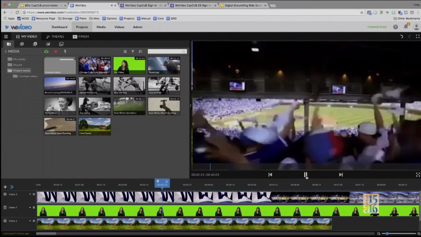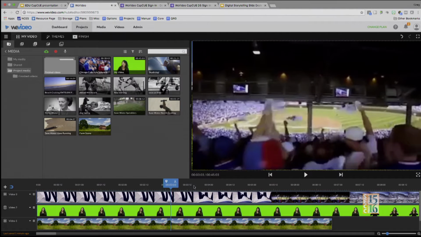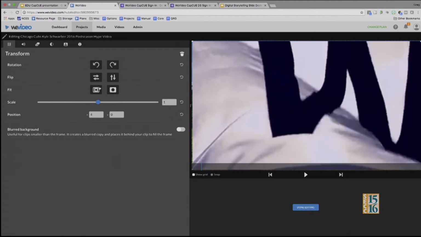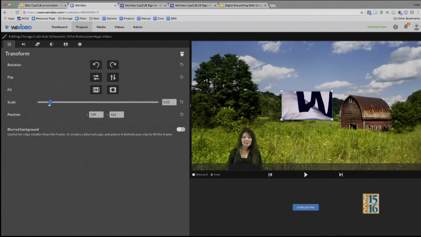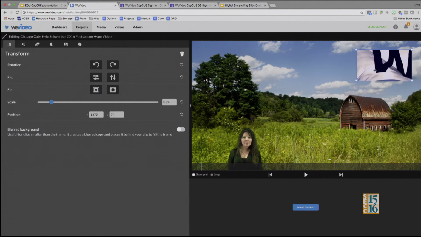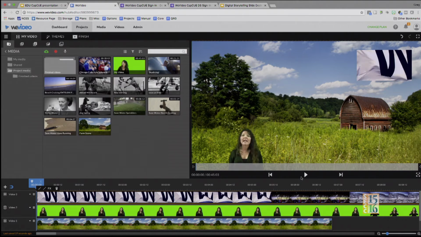Okay, and also I can mute the sound, for example, if I have sound in different tracks, I can silence a track, pull some of the sound off. But what I'm going to do in this track now and edit it is scale down this track and move it over here. So my school logo, whatever I want to put in there. And now, when I go back,